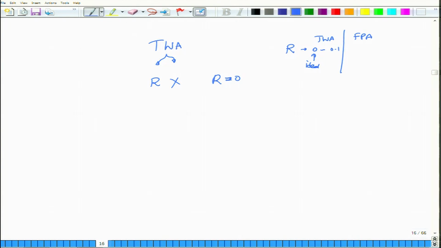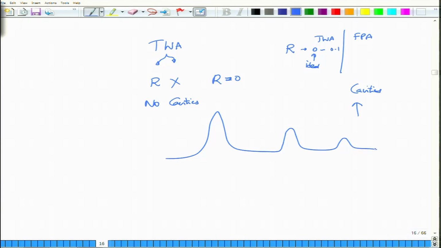The gain of the travelling wave amplifier is actually much smaller compared to the Fabry-Perot design, because there are no cavities here. Cavities serve to have standing modes, and therefore the gain can shoot up. So, you are trading off a large gain in your Fabry-Perot cavity. You will have a larger gain here at the appropriate frequencies, and if this is the only frequency of interest that you are working with, then there is no problem. You can easily have multiple channels within that band, and almost all of them will have equal amplification.